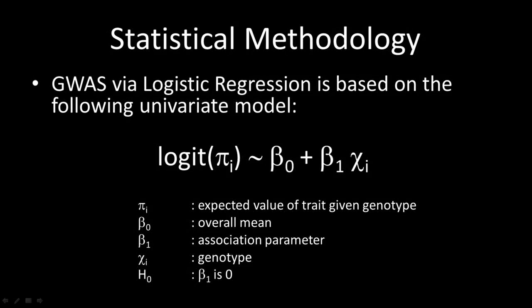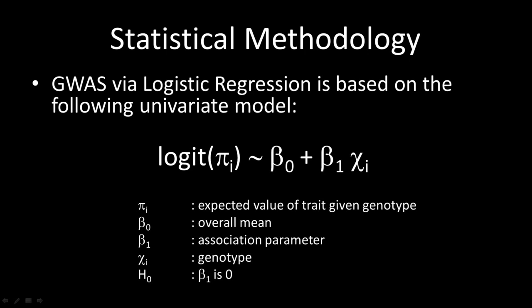GWAS via logistic regression is based on the following univariate model, with the goal of calculating the beta variables B0 and B1. Pi is the expected value of the trait given the genotype. X is the genotype itself. The null hypothesis in this model is given by B equals 0. The rejection of this null implies that there is a statistically significant effect of the genotype on the trait being